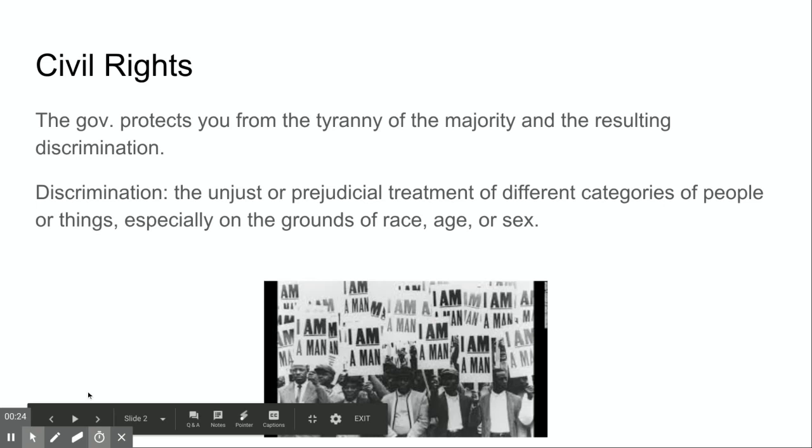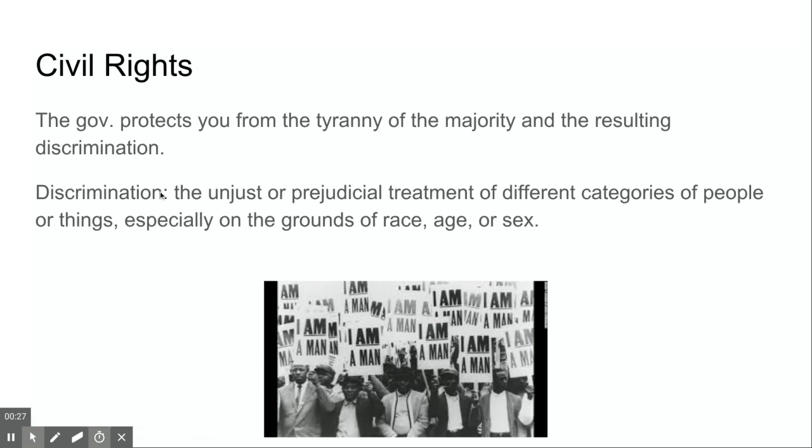So as I move forward here, just looking in particular at what civil rights are in the first place, understanding what they are before you understand what it might look like if you were to lose them. Civil rights are when the government protects you from the tyranny of the majority and the resulting discrimination. So you learned a little bit about Jim Crow and how the majority could pass rules that limited the rights of minority groups. Well, here's what we're talking about: that tyranny of the majority passing laws that results in discrimination